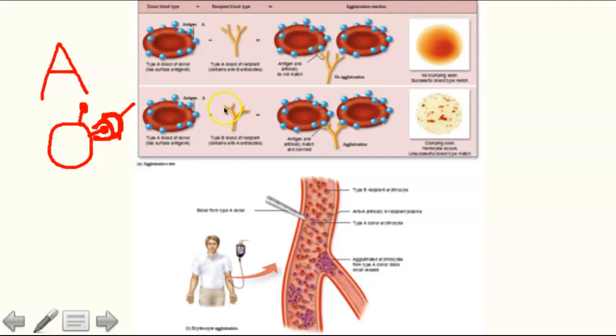So a lot of times blood transfusions weren't successful. Luckily, we understand it a lot better now, and they test very carefully, so that doesn't really happen anymore. But it's all about